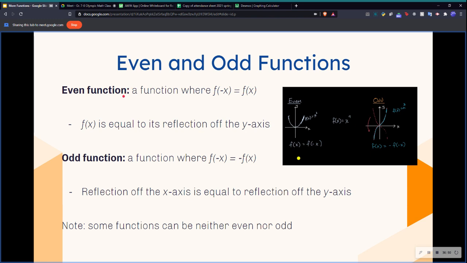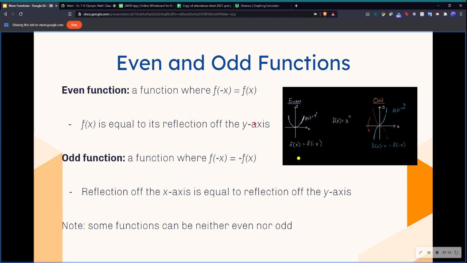All right, and what does this mean graphically? Remember last week we learned about transformations, reflections more specifically. Remember that if you have a negative inside the input, that means you have a reflection off the y-axis. So like from here all the way to there. So what this means graphically is that f at x, the original function, is equal to its reflection off